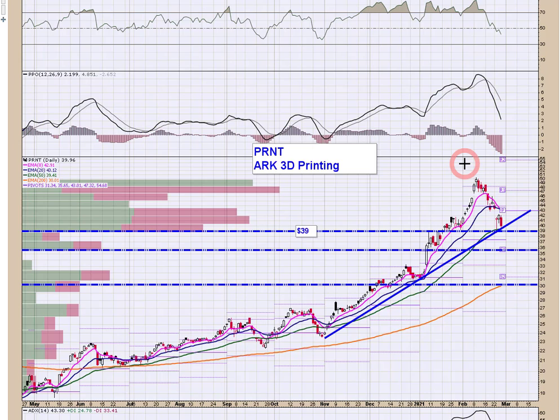Let's do a quick recap. The ARK Invest family of funds is squarely in the epicenter of the technology sell-off. Through their disclosures, which they're very transparent about, they have a lot of thinly traded stocks where they are the majority shareholder held in their funds. And if redemptions come, there's the potential of a downside cascade because when you're a large stakeholder in an illiquid stock and you're facing redemptions,